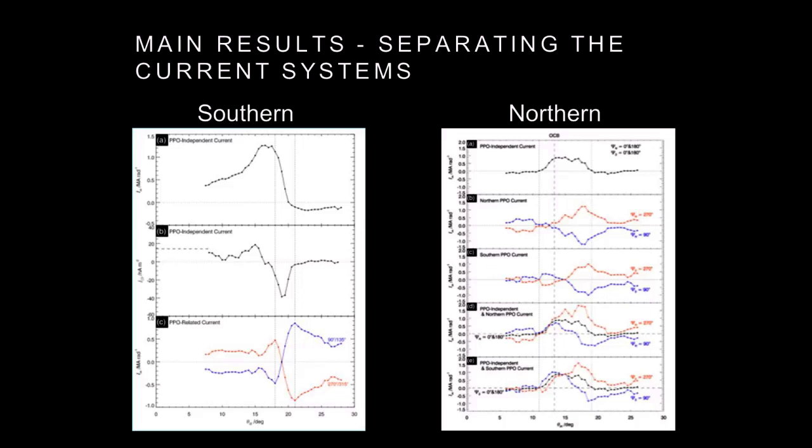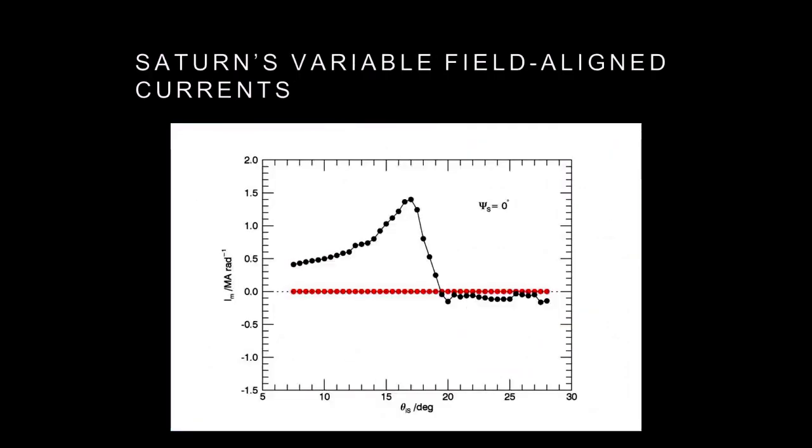So this is a little movie just to try and illustrate what I've been talking about, which is you have this green profile, which is the static one, which was current system 1, and then on top of that we have the red one, which is essentially current system 3, which is the southern PPO one. Then as this rotates around, so this is the rotation angle, so basically once you get to 0 and 360 it's the same and it resets. And at 270 we have this extension that gives you this